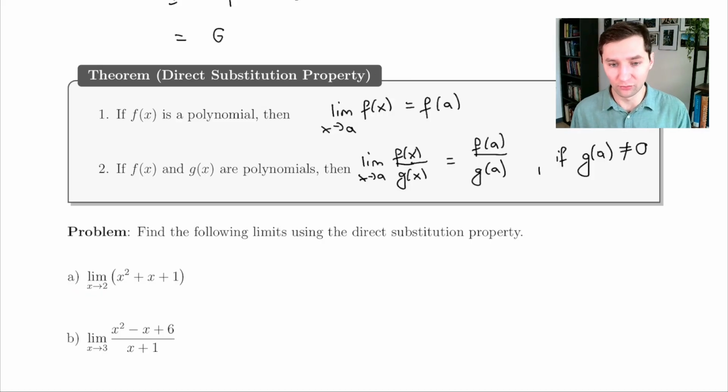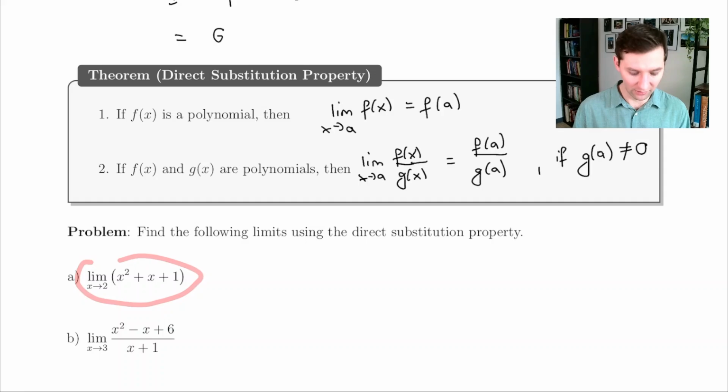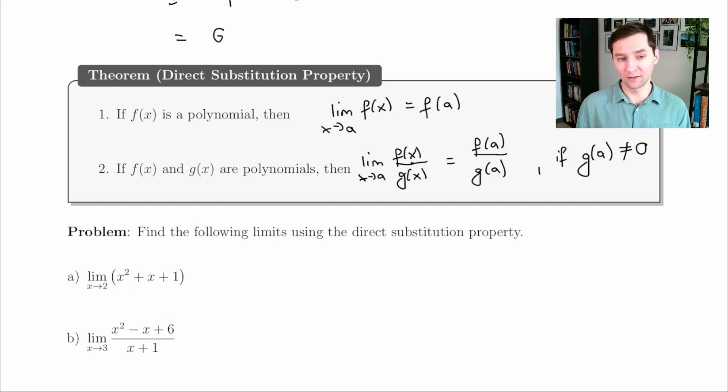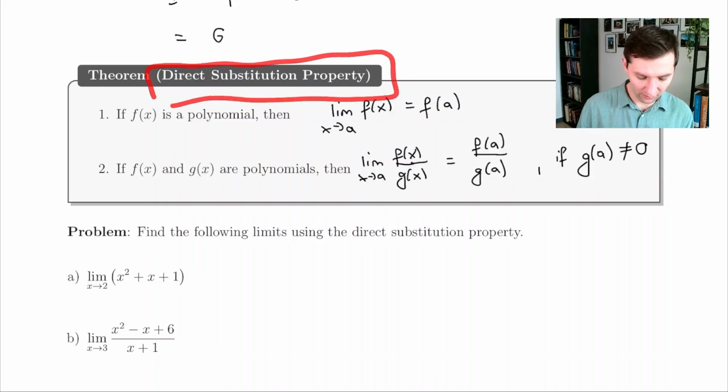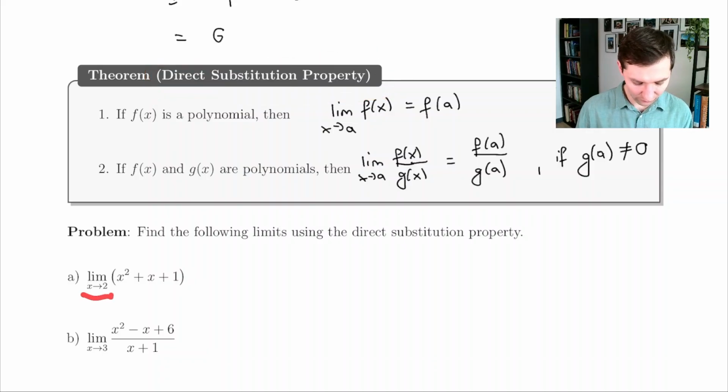What I could do is use the limit laws. I could rewrite this as the limit of the first term, the second term, and the third term. Then on the first term, I could use the product law, and then I could use basic limits to compute this limit. Or I can use the direct substitution property, which means I can simply plug in 2 to this